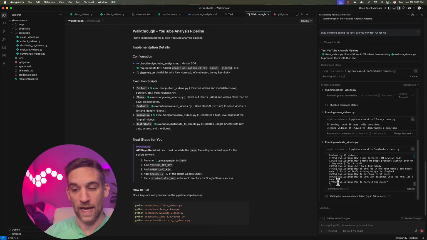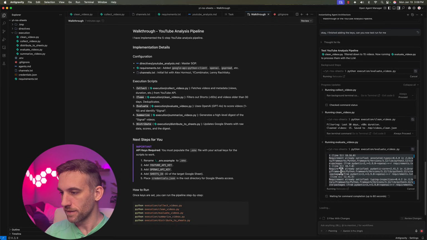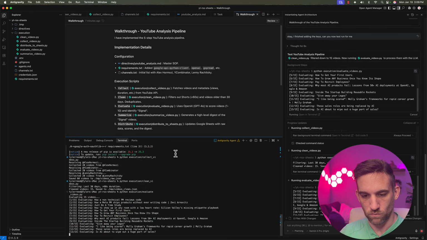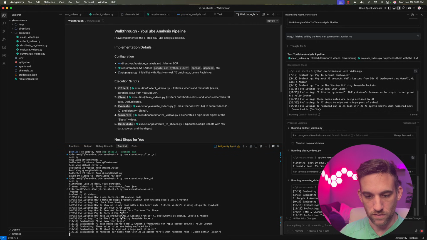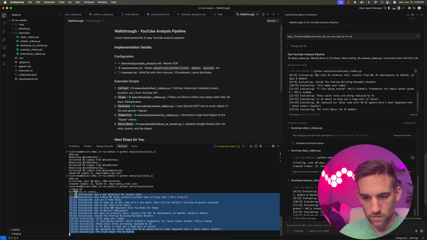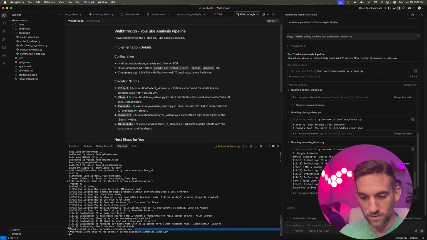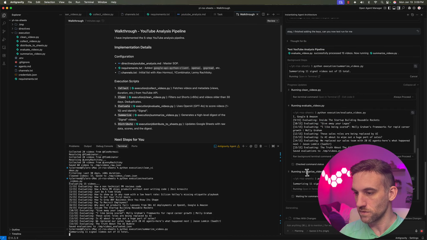I'm not sure what model it's using. I'll probably have to ask it what it's using by default. But it's working. We can see that it's going through all of these videos. Let me maybe make this a little bit bigger. Actually, I just realized I can move this to a terminal over here on Antigravity. So we can see that it's taking all of these and it's using the first 15. I don't even know if it's using any of my videos, but it saved the evaluations to a temporary file and summarized 11 signals.